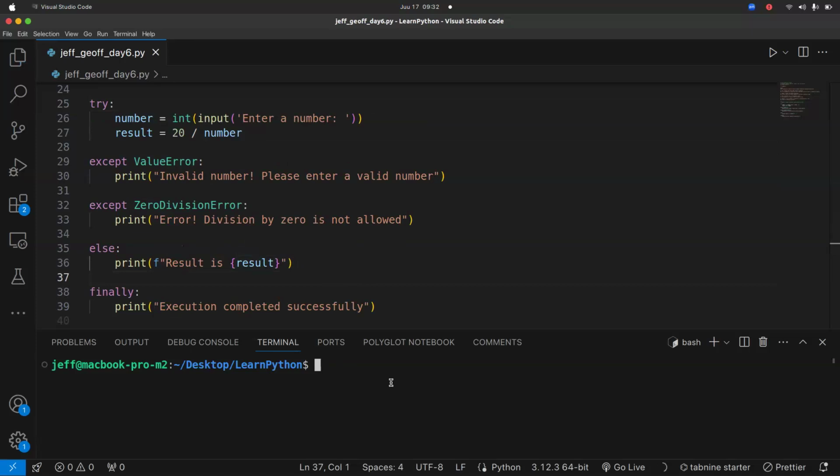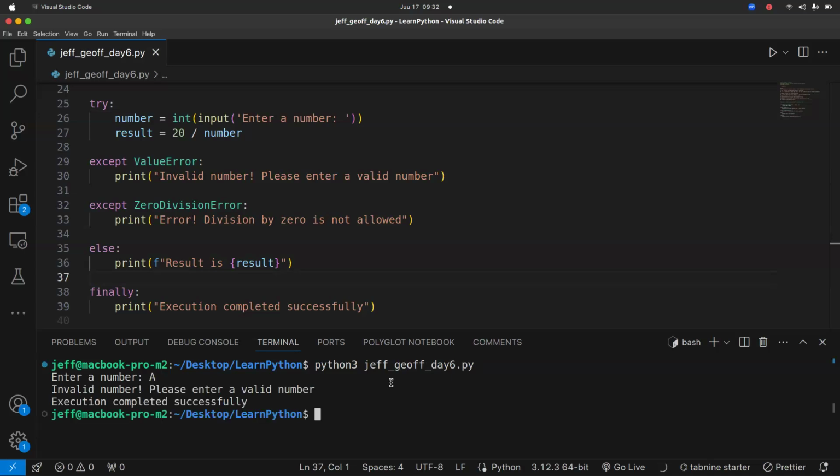Now, you can go ahead and try it out. Python 3, then you put your file name. So let's start with, let's put A and press enter. What do we get? We immediately get invalid number. Please enter a valid number. Execution complete.